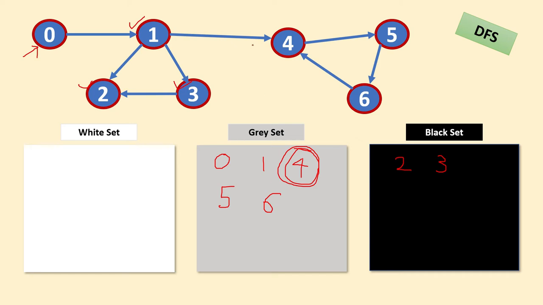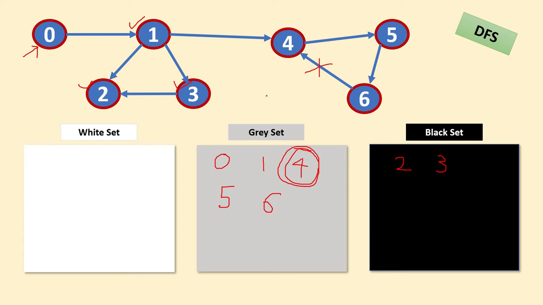Because from 4 to 5 to 6, one DFS is going on. So in between, if 6 is again coming back to 4, that means there must be a loop present. Suppose this edge is not present, then 6 will not find any new adjacent nodes and 6 will be marked as processed and it will finish there. But as 6 is pointing to 4, and 4 is just a visited node, not a processed or not-visited node, that means obviously one loop is there. That's why it is pointing to 4 again.